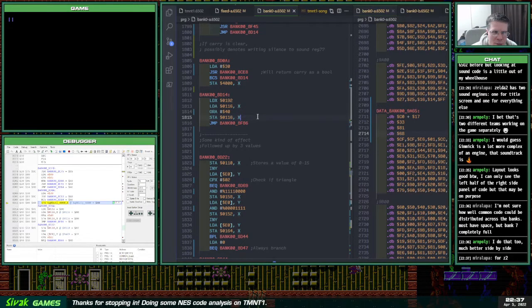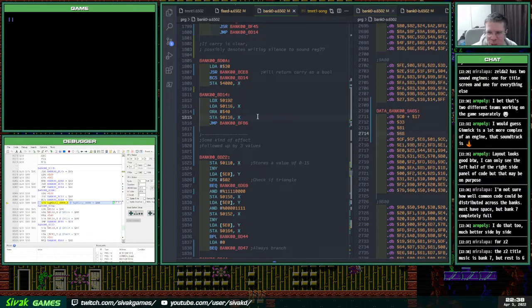They had a bank for the title screen, as well as the intro and the sound test. Those were all in one bank. They had another bank for the good ending, another bank for the bad ending, and the map screen. So it could be just a matter of putting data where you can, but I'm thinking in Zelda 2's case, since it's all over the place, they probably just put it wherever they could,